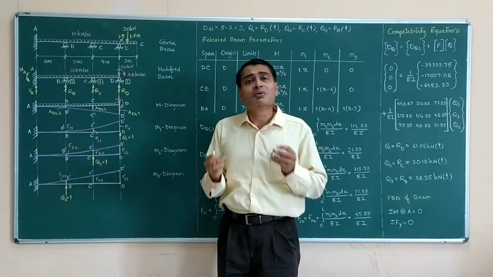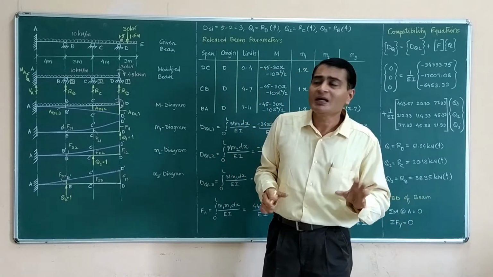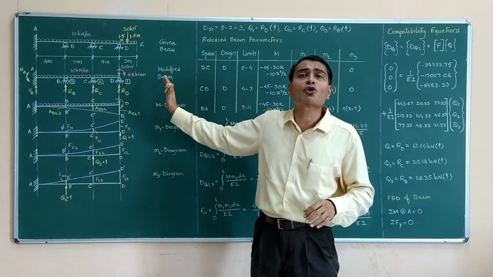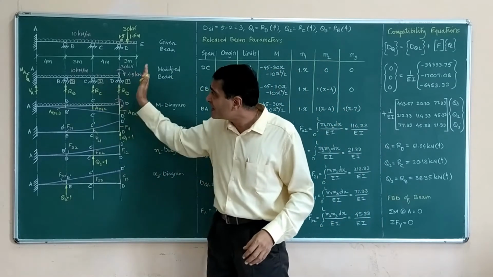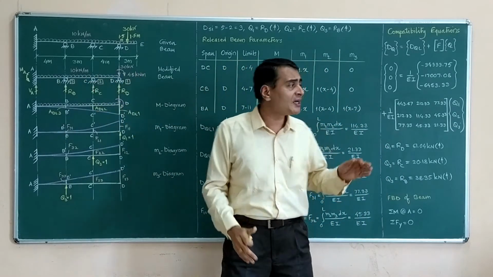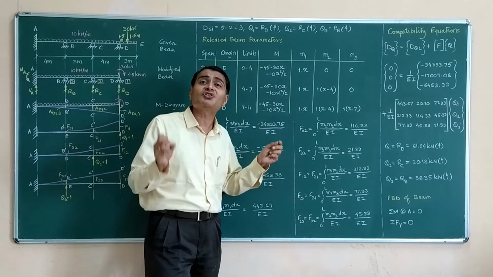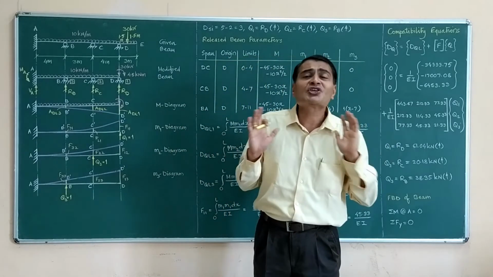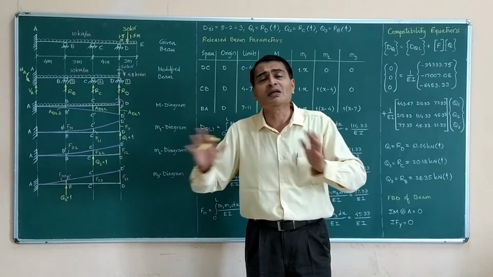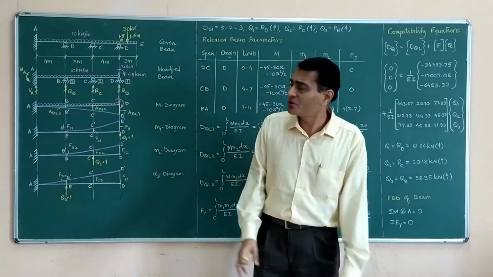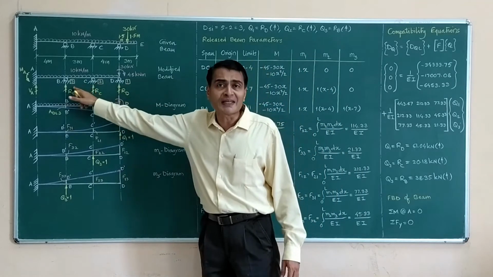It doesn't matter, but as a hint or as a thumb rule, I would like to say that you start from the extreme outside or exterior support in your given beam or modified beam and go inside as 1, 2, 3. Your bending moment expressions will become simpler and your unit load calculations will also become slightly simpler. This is just a thumb rule. Theoretically, which you call as node 1 and which you call as node 3, it doesn't matter. But as a suggestion, start from exterior end and go inside 1, 2, 3.